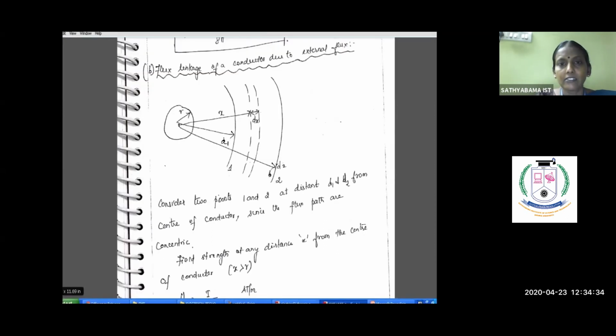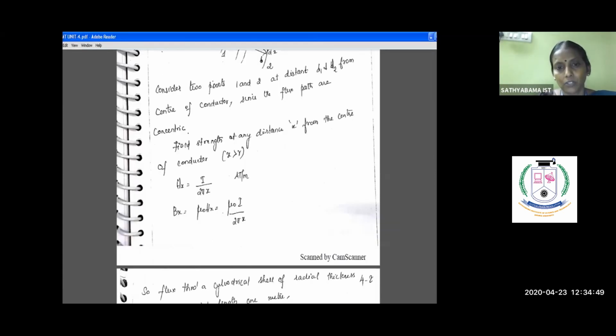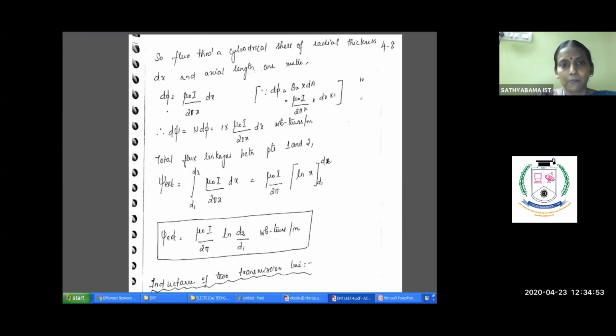If you go back to the diagram, we have considered the entire external radius to be x here. So the current enclosed within the radius x is nothing but capital I. So I have considered that to be I divided by 2 pi x. Once again, the same derivation you have done in internal flux is being repeated here. So d phi can be written as flux into area, and this area can be written as dx into 1.